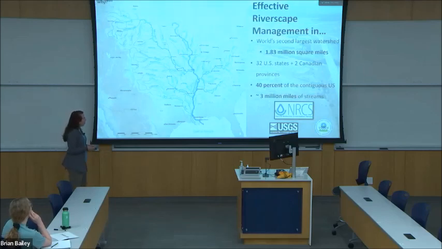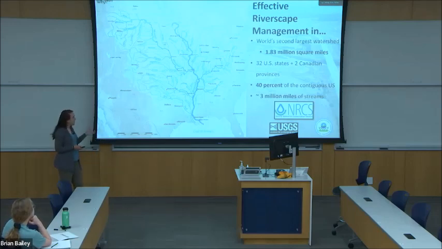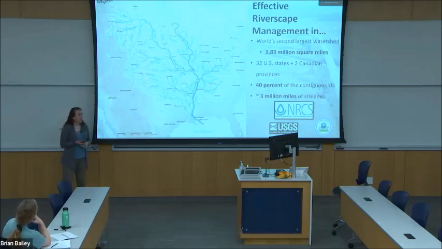So to do this, I'm testing it out in a little watershed called the Mississippi River Basin. It's not actually that small. It's the 2nd largest watershed in the world. It drains 32 states and parts of Canada. And the cool thing is that we actually have a lot of data in this basin. The USGS has the National Hydrography Dataset, or NHD, and we have our nationwide digital elevation models, 10 meters.